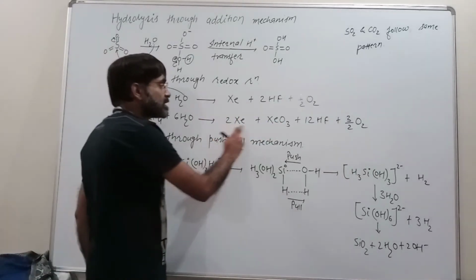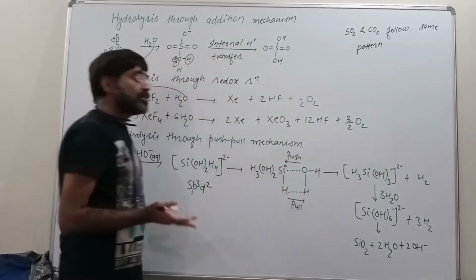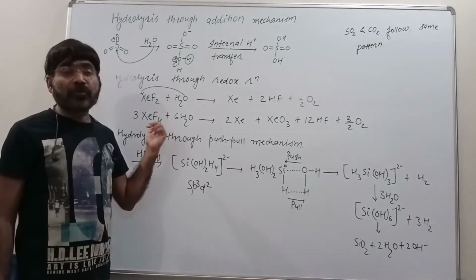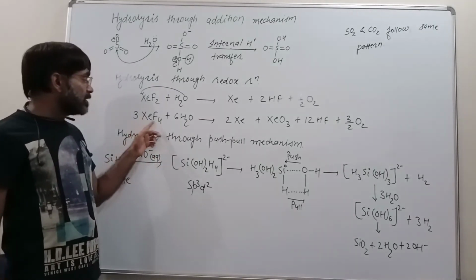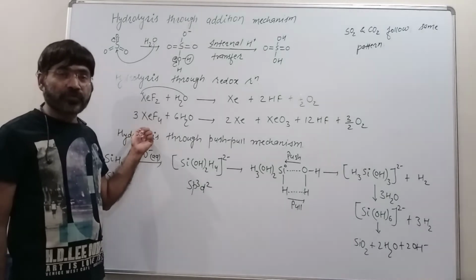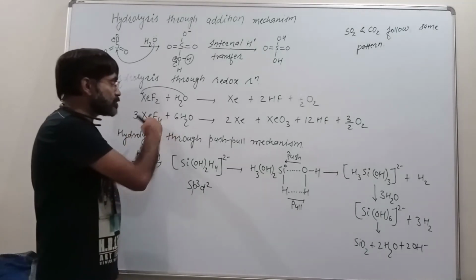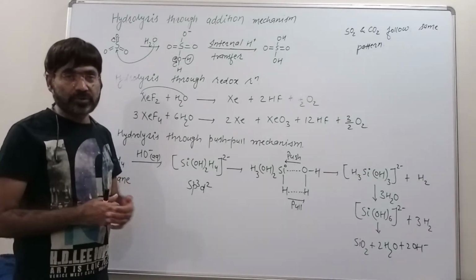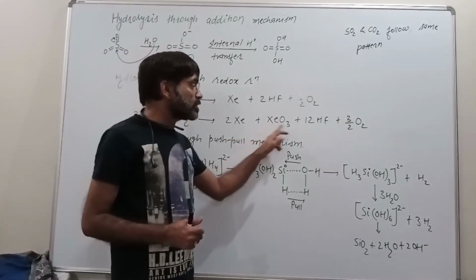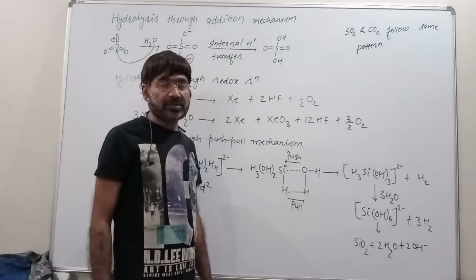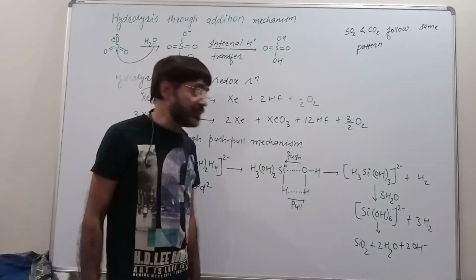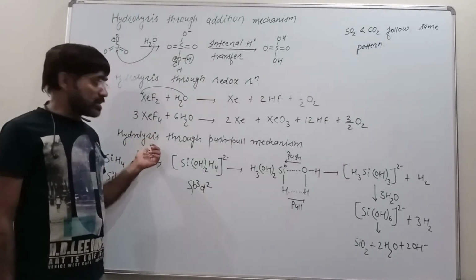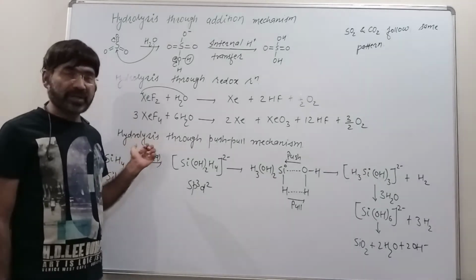So these products were expected, and this is another product which is somewhat stabilized because of the pi bond forming ability of oxygen, and here the xenon was containing 4 fluorine atoms. So nucleophilic substitution over the xenon was more than 1 time. It is more than 3 times, better to say, and that is why XeO3 is an additional product in the reaction. Is it fine? Now, the last type of mechanism in hydrolysis is the push-pull mechanism.